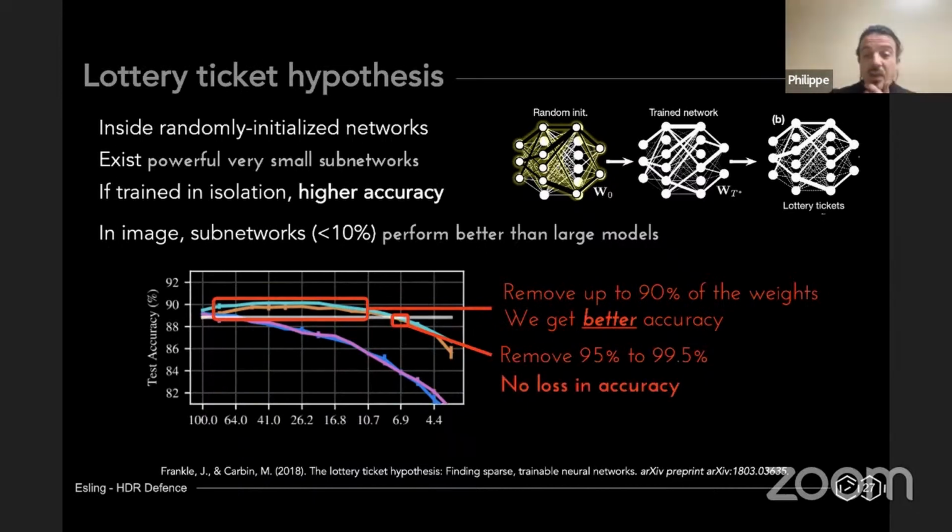I think this is quite amazing because it shows that there is some potential to find extremely sparse, extremely lightweight versions of deep networks that perform at least the same or even better than huge models. I think this confirms the intuition that we don't really need these huge models. We might need them to find the solution, because it's easier to move across the loss landscape. But in the end, there is a simple solution that exists inside these huge, crazy models.